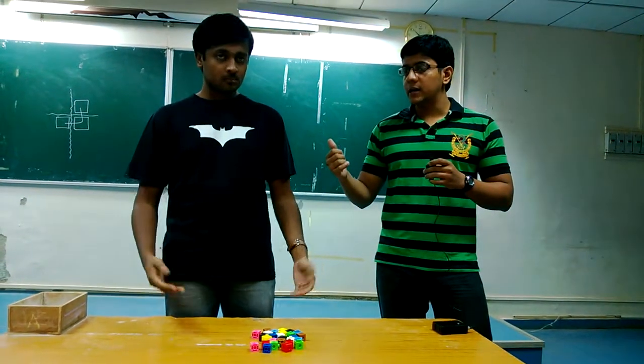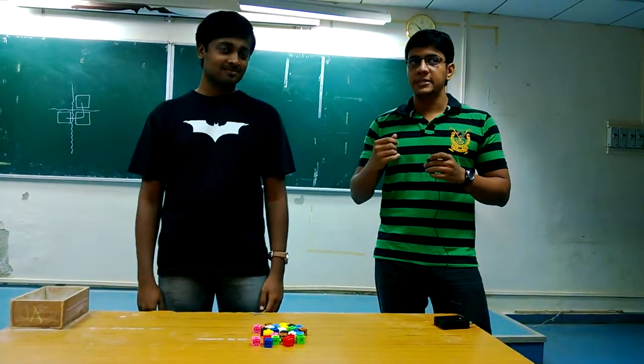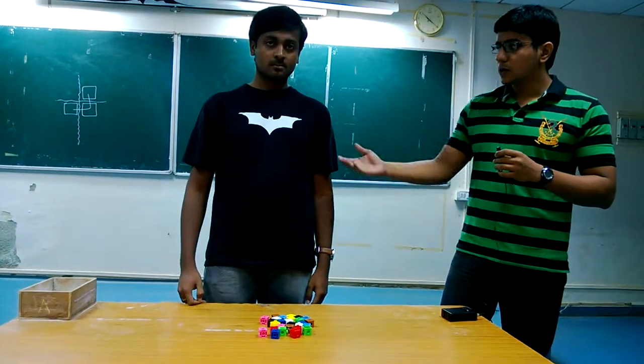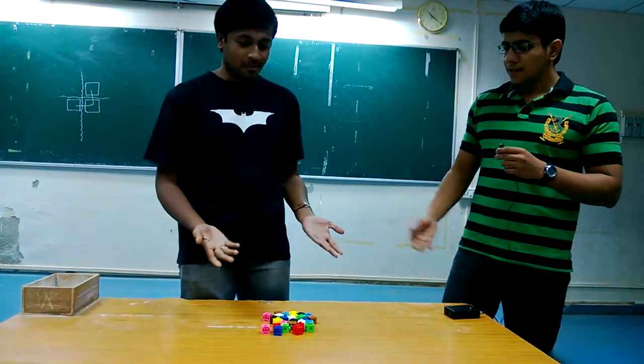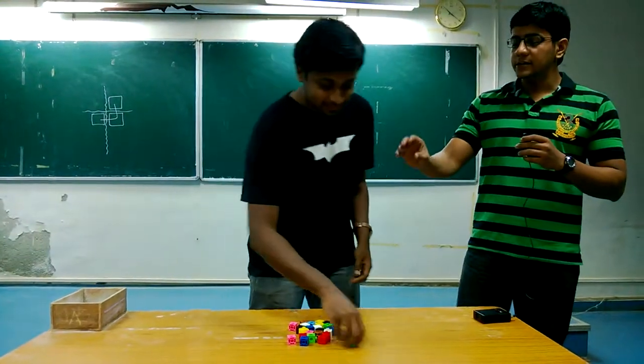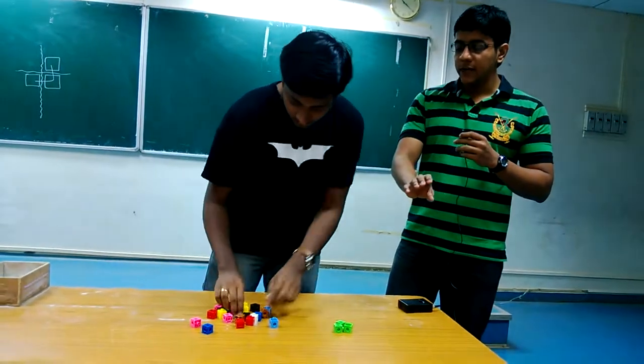My friend Gopal here will tell you the step-by-step process of how we go about this. He'll be demonstrating that for you. So get started, Gopal. So yeah, first we segregate the different colors into groups of 3. So this is basically identifying your talent pool.